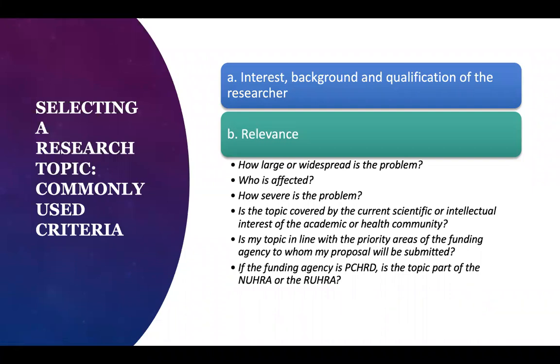Selecting a research topic. Any research activity starts with a problem in the mind of the researcher. And how the researcher finally decides on which problem to work on is dependent on many factors. So I have here a listing of some of these factors commonly considered, together with the questions which the researcher needs to answer as he or she considers each of these factors. Number one, we have the interest, or background and qualification of the researcher. So if you're a nurse or a student nurse, you might be interested in